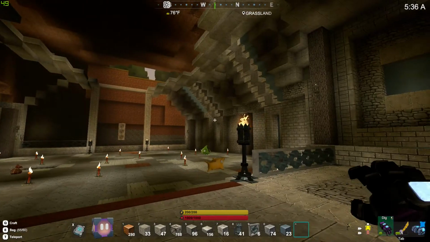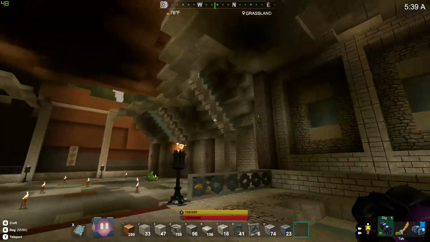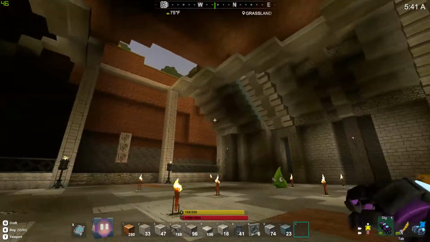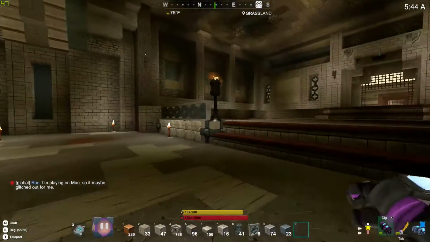The natural light really throws off our lights. So yeah, we may need to put some slabs in that last section somewhere, but that's not a huge deal. Anywho,